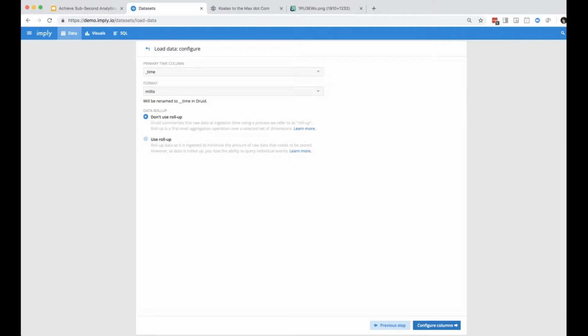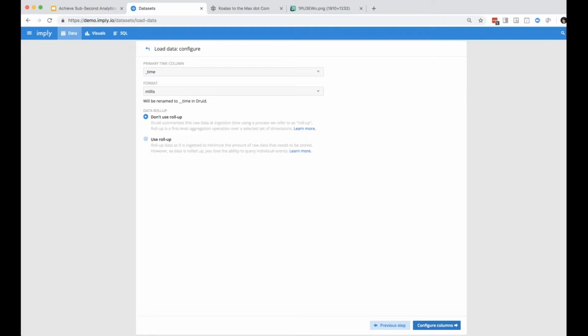And then it will ask you if you want to roll data up. This is a feature of Druid that allows for data to be compressed as it's being loaded in. However you want, if you want to roll up data and only see it at the second level or at the minute level, you can tell Druid at this point to roll it up, and it will compress it.